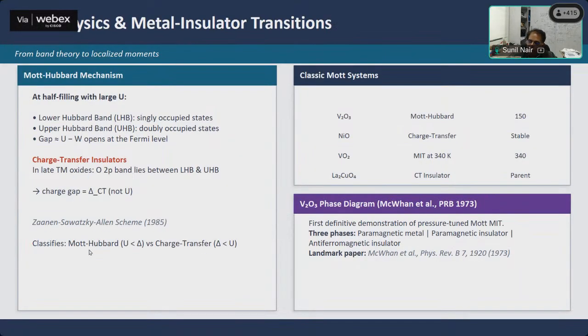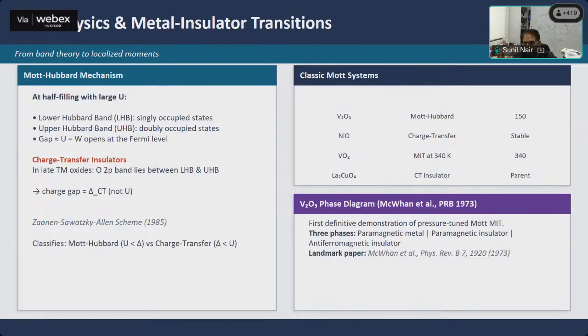And so what basically happens in that case, at very large U, your density of states splits into what is known as a lower Hubbard and upper Hubbard band. And you have an opening up of a gap exactly at the Fermi level. So what that means is that though in the absence of correlations, you would have expected this system to behave like a metal, these strong correlations result in a gap at the Fermi level, and so you are left with often weak and often reasonably robust insulators.